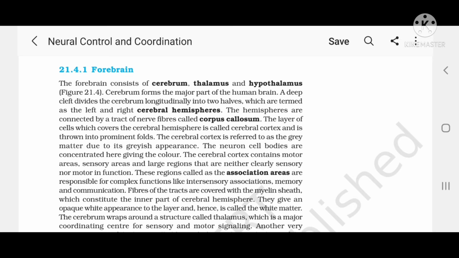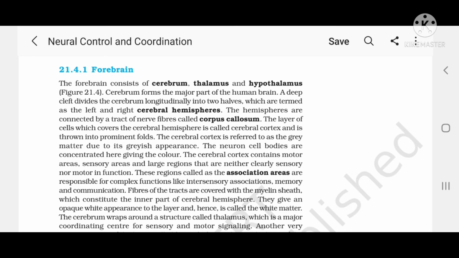The cerebral cortex contains motor areas, sensory areas, and large regions that are neither clearly sensory nor motor in function. These regions, called the association areas, are responsible for complex functions like intersensory associations, memory,